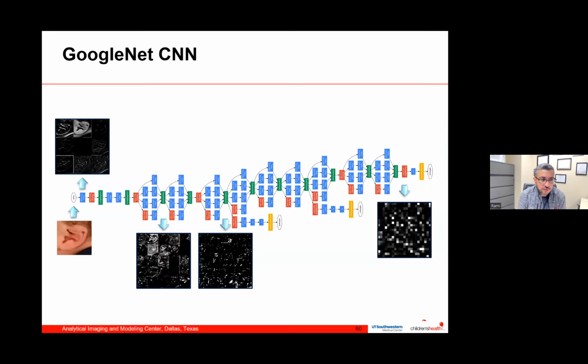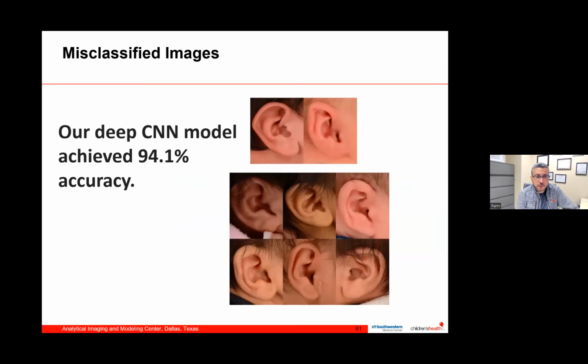And this is how the model extracted its features. If you look at the beginning, the first image, you can see the outer line of the ear. But as you go deeper into the model, you can see that the computer is extracting things that I cannot understand. I don't know what the computer is exactly looking at. But the computer is doing its own job to extract these features. And when I tested the model, I got 94% accuracy. So the computer was able to identify 94% of the ear deformities on its own and tell me if it's normal or abnormal. And this is much better than the 34% the residents had. So the computer did a much better job than us.